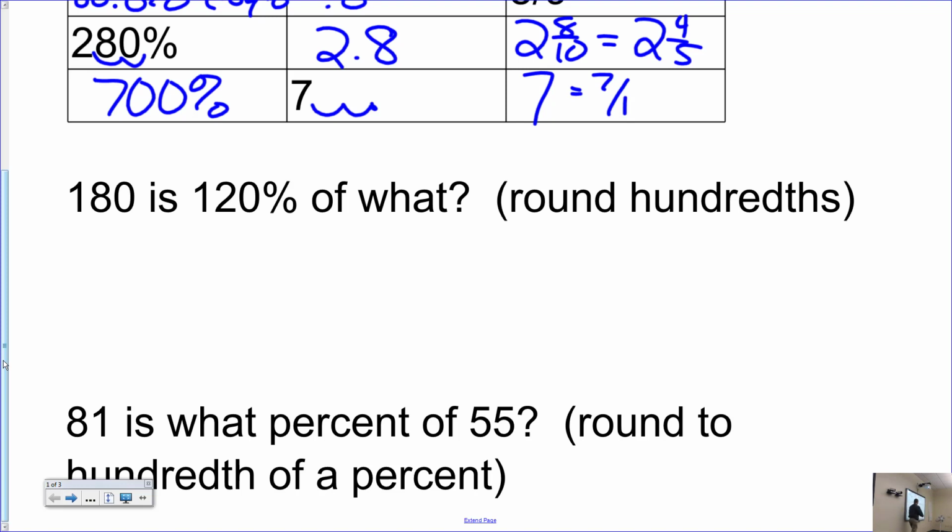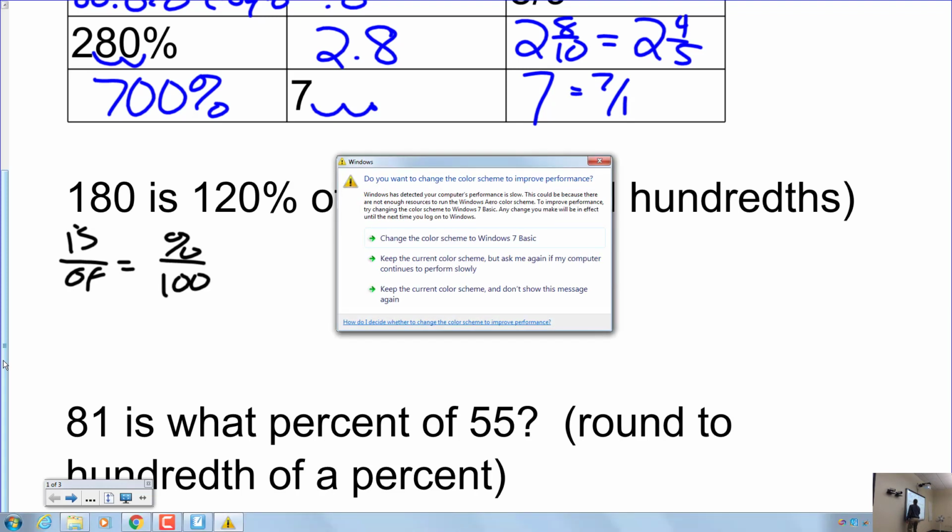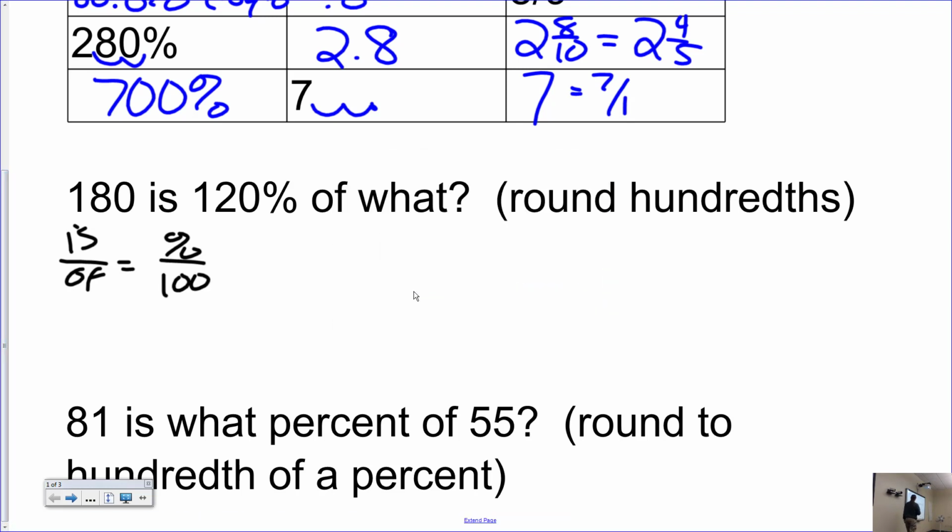I'll go. Okay, Jeremy, help me out. You'll do the is over of equals percent over 100. Okay, so is over of equals percent over 100. Where do I put what? 180 is before is, so that goes before the is. Okay. And then